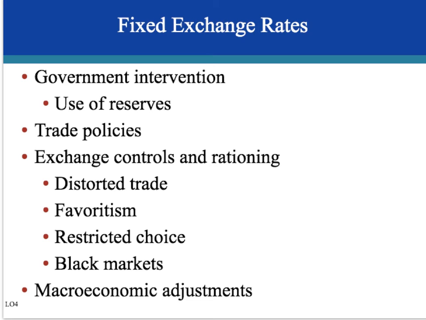One, it distorts trade. We saw in another chapter why free trade is good and the benefits of trade, and how anytime there's a distortion, there's a deadweight loss. It also could lead to favoritism, where governments will start favoring some importers over another, so they might impose tariffs on one importer but not to another. And then it would also limit the choice of the U.S. So if we were to put a quota or a tariff on foreign cars, then that kind of limits our budget more to domestic cars. And then this also creates a black market,